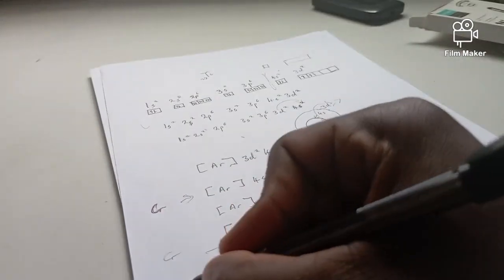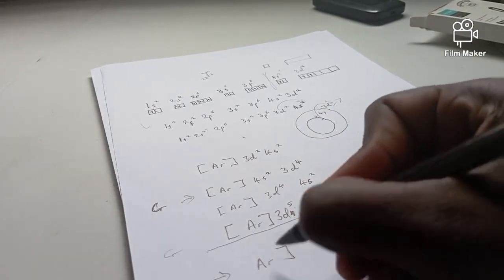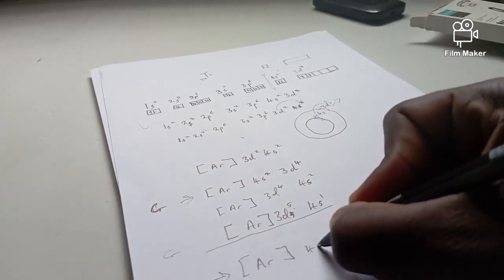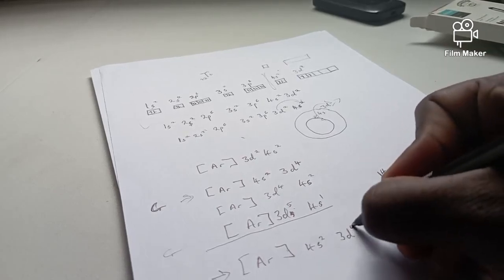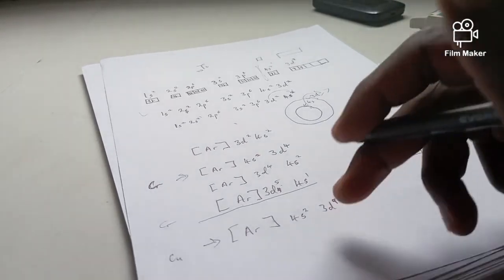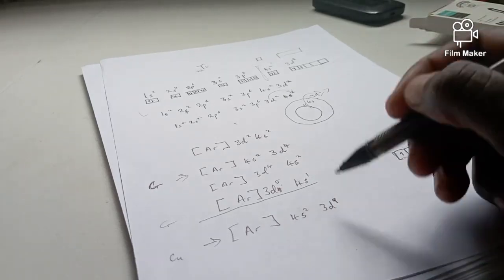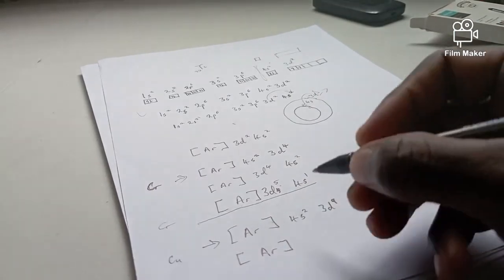Then copper is 29. So the expected electronic configuration is going to be 4s2 3d9, like that. Right, but this is not the electronic configuration, as it is not stable as compared to the actual electronic configuration, which is